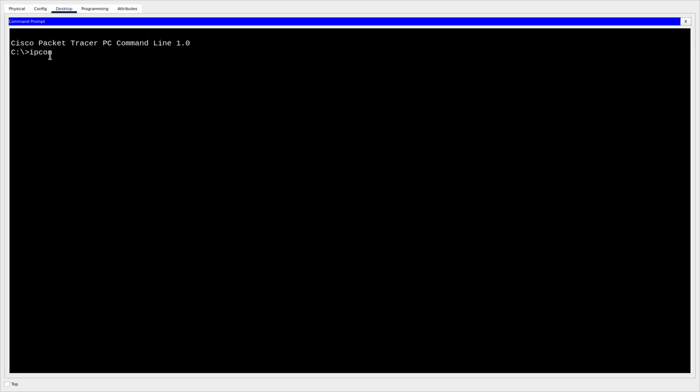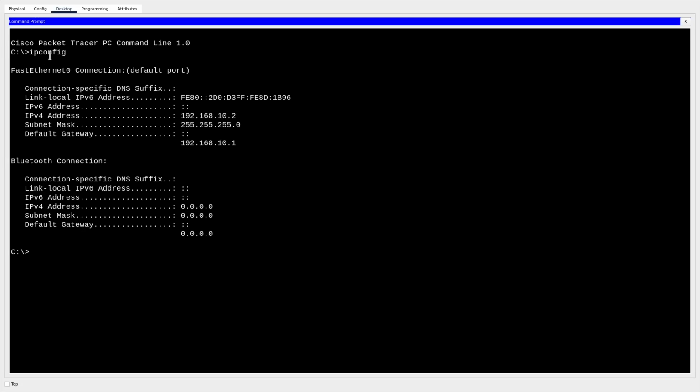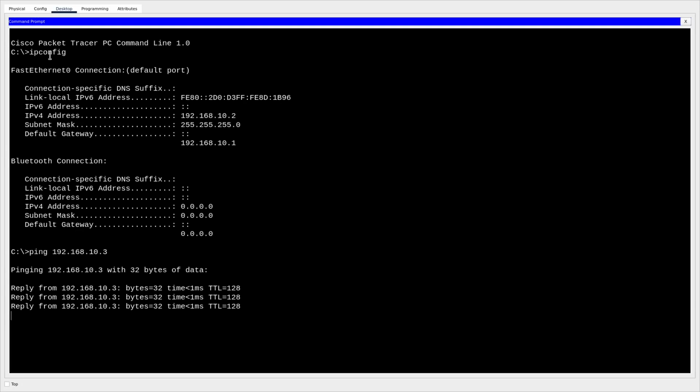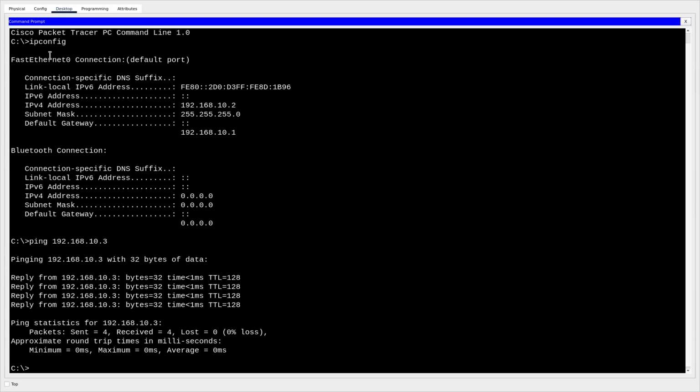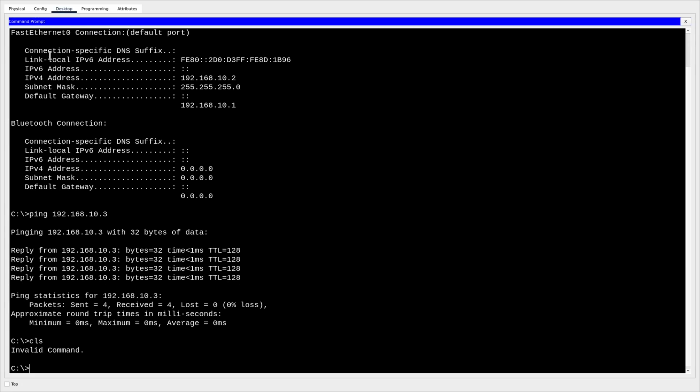Let's just check to make sure. IP config. We can see that we're on 10.2. So let's see if we can ping 192.168.10.3. And we've got a reply, which is what we want to have. So now, we don't have a clear command. Okay, so now what we want to do is to see if we can ping, let's say